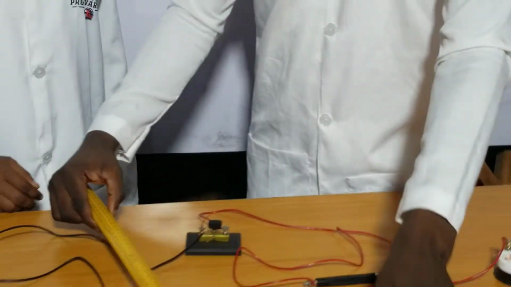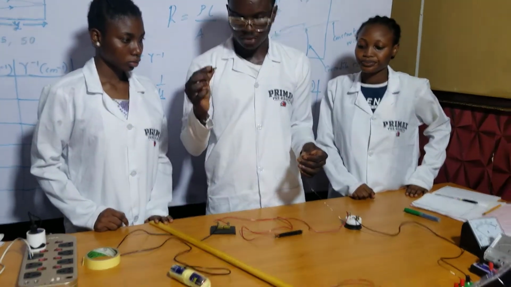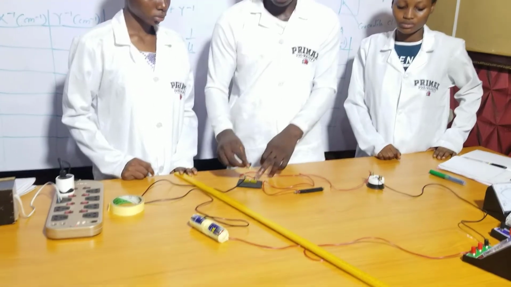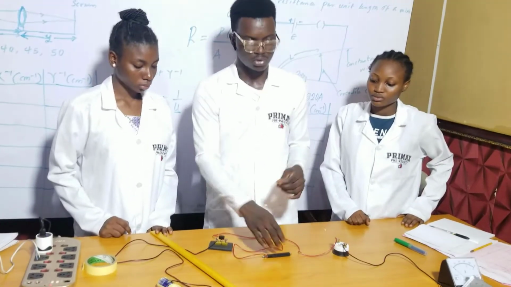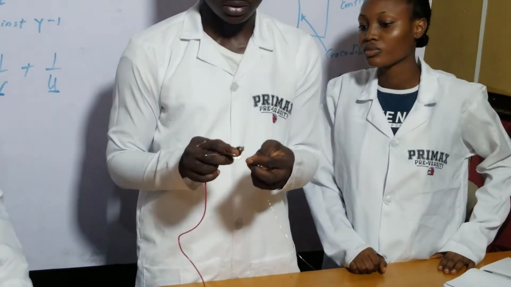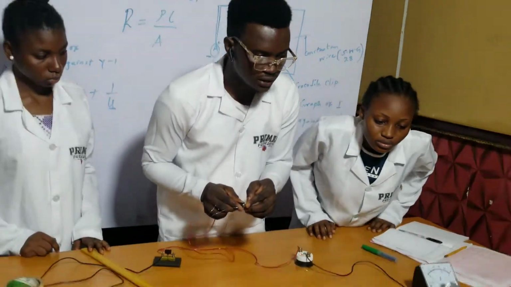Normally we're supposed to use our clip. Please don't forget, don't leave the key here when you are not taking reading. It's only when you want to take reading that you leave it closed so that it can read. Then let's put this here. Since I already cut it out so that we know, now what is the reading I have there?